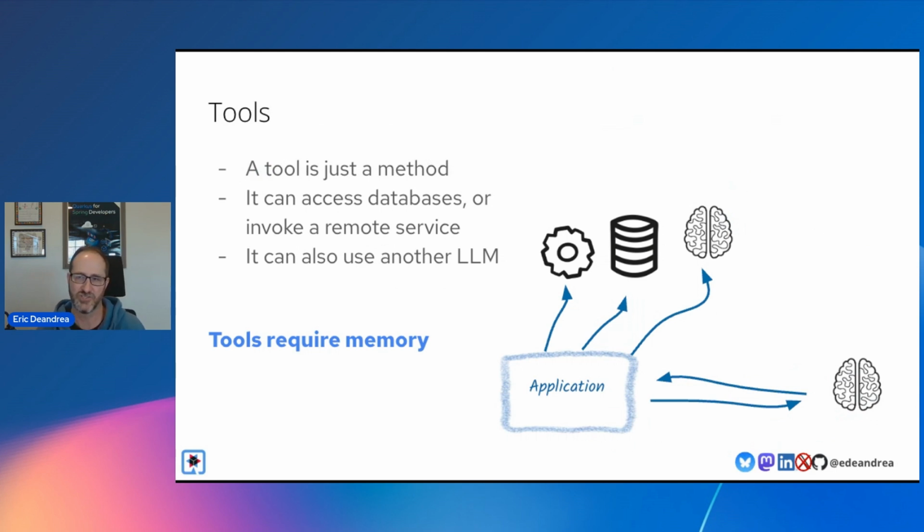But at the end of the day, it's just a method. It can do things that any of your Java methods can do. It can access databases, talk to remote services, make calls across the network, read files, and it can even call other LLMs, right? One of your tools could be another chat model, which talks to a different model, maybe a specialized model for doing things. So there are lots of different things that you can do with these tools. But at the end of the day, these tools require memory, and specifically we're talking about chat memory, because the results of these tools become more tokens that get stuffed into the prompts that get sent back and forth, that you pay for, right? So everything starts to build on top of each other here.